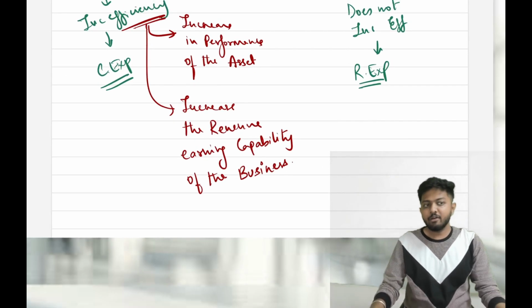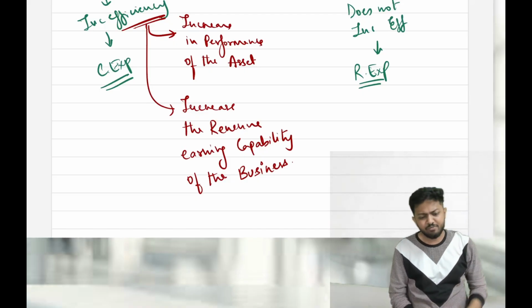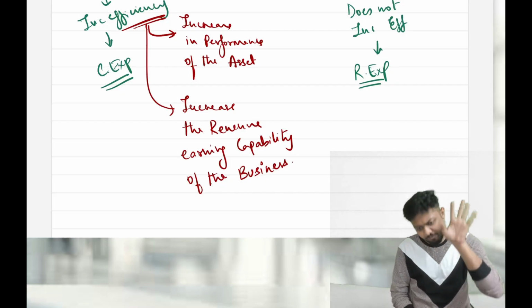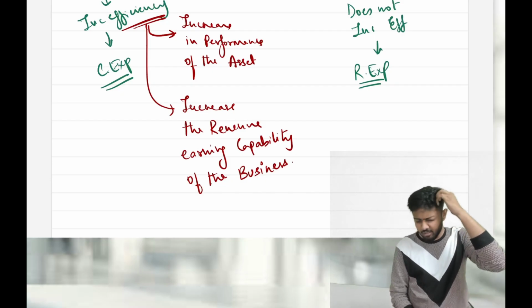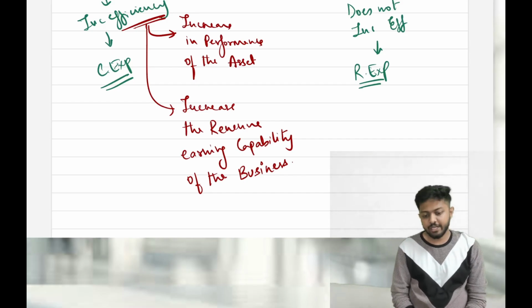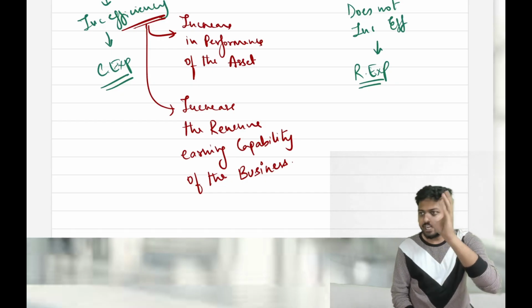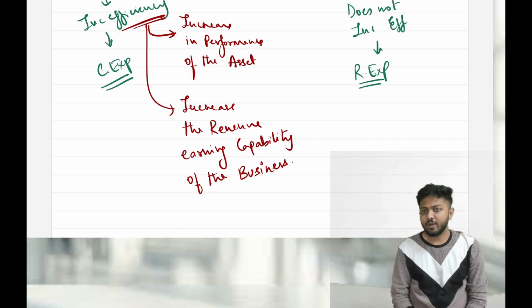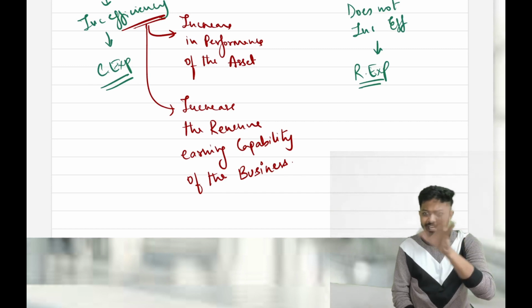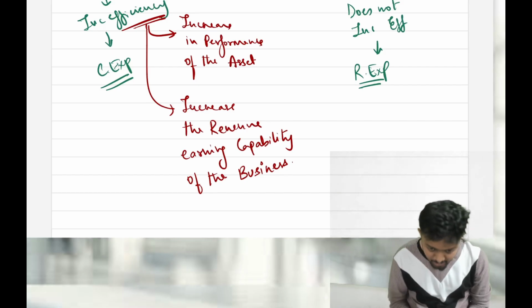Okay. Now suppose we have an existing classroom here. I spent some money on renovation, on painting. Earlier the capacity of this class was 60 only. Even after the renovation, it is 60. Only painting and some interior decoration, no fixed assets are required, just some painting and consumables. Will this be considered a capital expenditure?